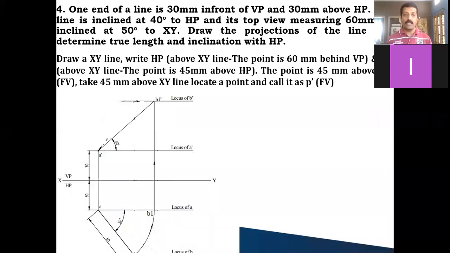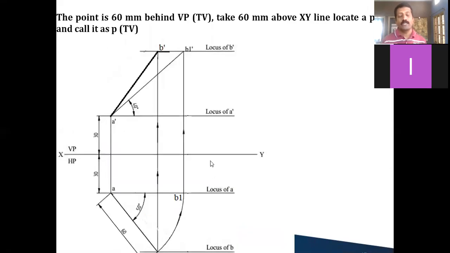After this, the true line diagram in the top view as well as the front view I need to complete. So how to draw the front view? It's very easy because B is already there, and B dash should come on the same line. Locus of B dash we also know. So from B you draw a vertical projector, and wherever it cuts the locus of B dash, you call that B dash. That itself is your front view point. So you join this A dash and B dash with a thick line. This itself is your front view, that is the apparent length in the front view.